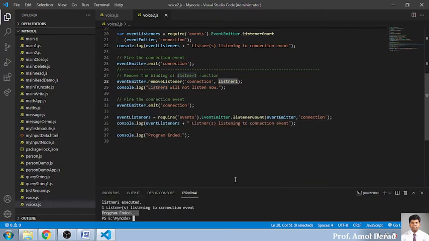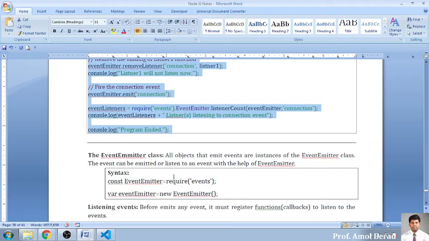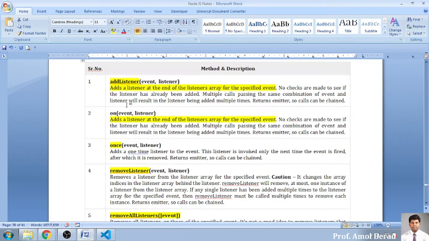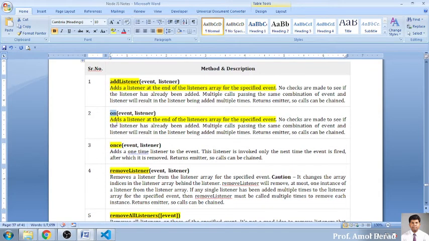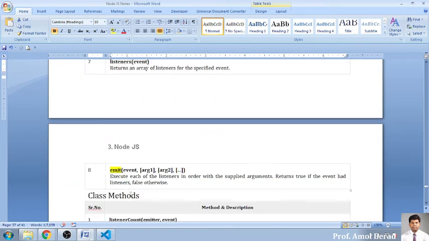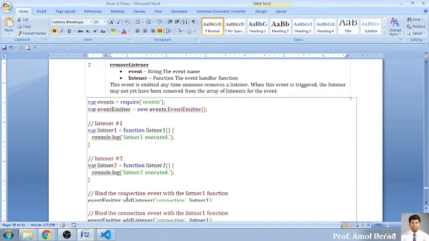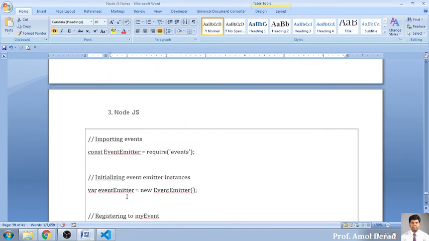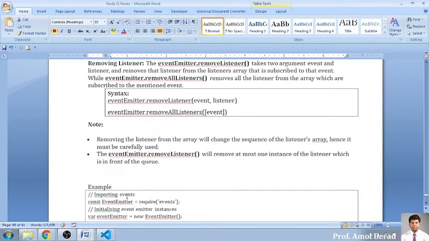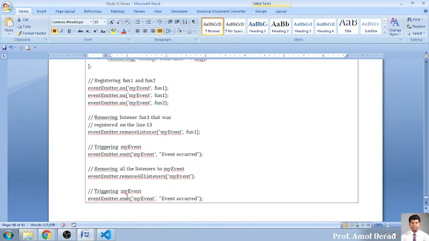So keep in mind these four basic functions we have already discussed in the logic. That is, keep in mind add listener and remove listener. Okay, and the on function is for binding one more listener to your event, and emit is the most important function that will be executing your listeners. There is no other option for you, so you have to be very clear about emit for the purpose of execution. Is it clear to everybody how we are binding these two things with one name? Yes or no? Yes, sir. Okay.